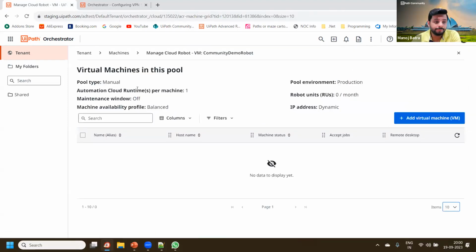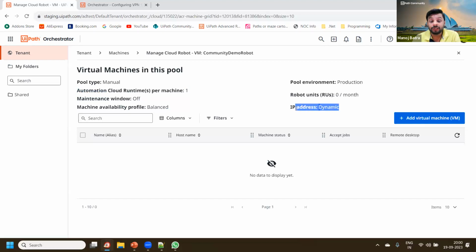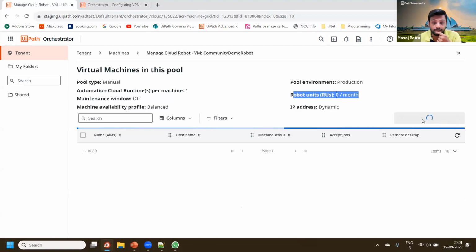If you see here, you can see all the options that I chose earlier, like pool type as manual, ACR per machine was one, there was no maintenance window, profile was balanced, I used it for production, and IP address was dynamic. But the robot unit is still 0. That means the machine is still not in use and I need to add a VM here. I'll click on this link